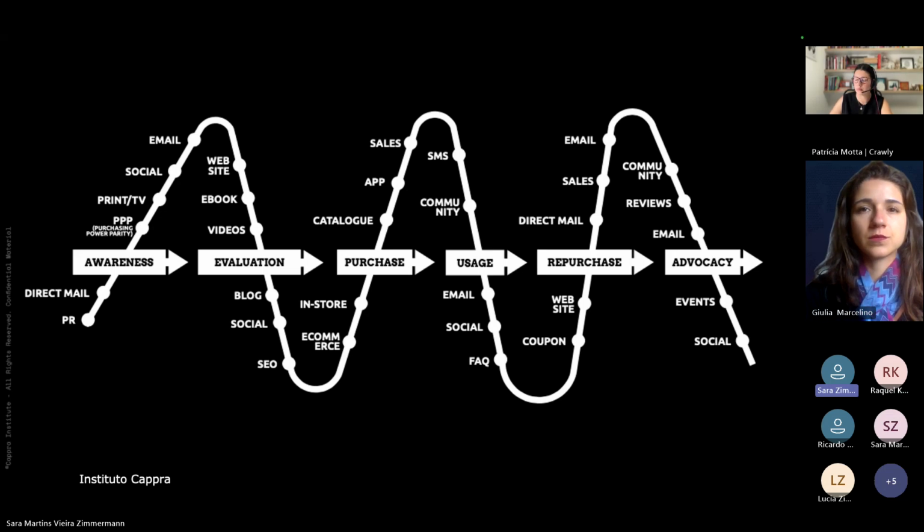So usually, this is only an example, but usually we do have the step of awareness, where we're not talking about a brand here. We're talking about the person having an awareness of I need something. Usually here we're talking about a pain or a dream, and it can be a business pain as such, that okay, I need to increase the revenue of my company. I need to increase the customer loyalty of my company. Then they're going to think, oh, okay, I have an awareness of this problem I have, and then this company, for example, goes for evaluation of